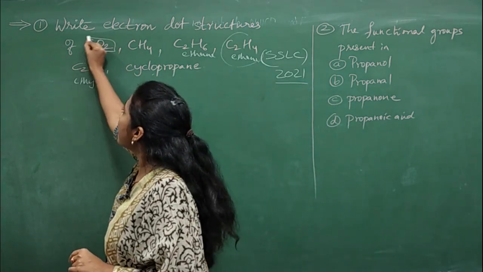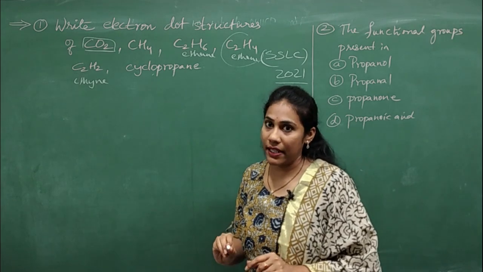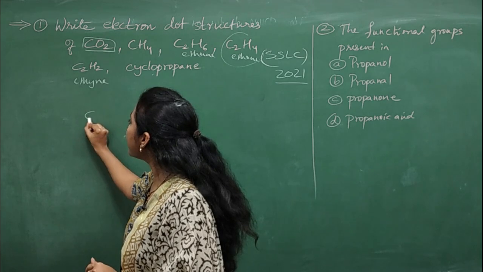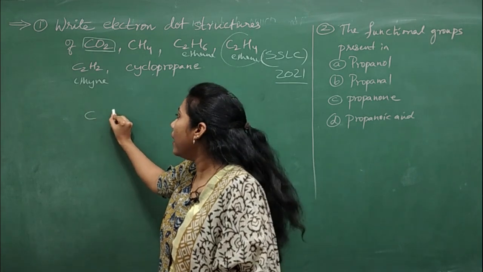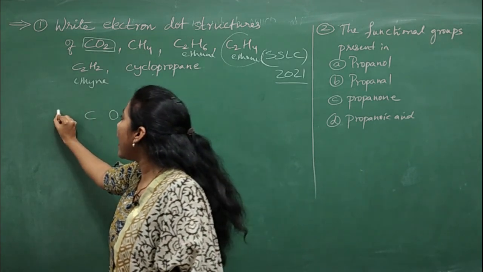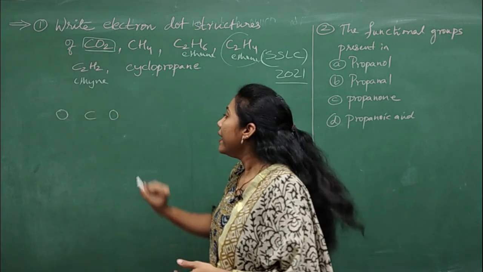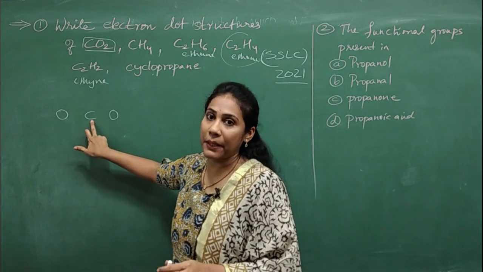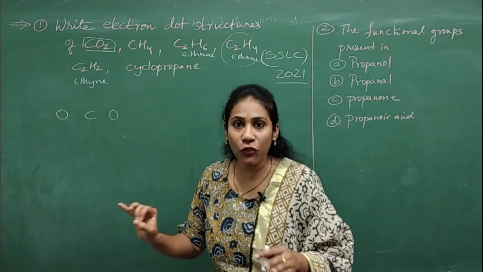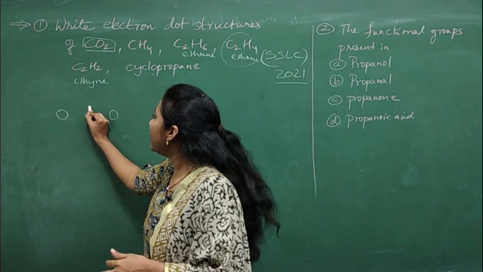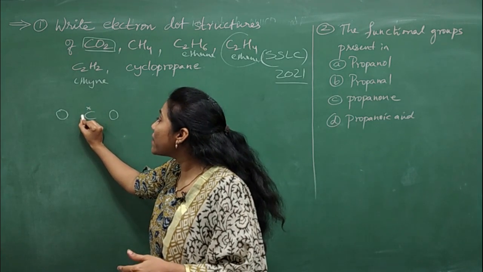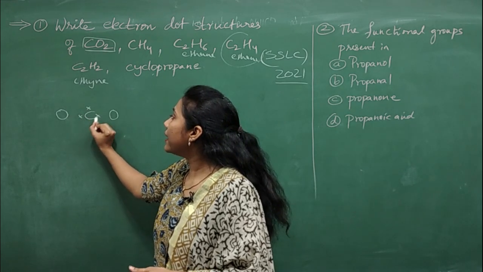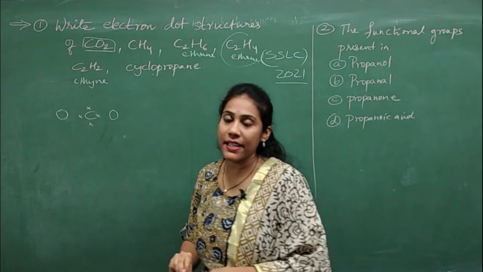First, I will take a simple compound, carbon dioxide. So how do you write the electron dot structure for carbon dioxide? See, show carbon at the center. One oxygen here, the other oxygen this side, right? And now write the valence electrons that are present on carbon. Carbon has 4 valence electrons. So I will write these 4 electrons as 4 crosses. This is 1 valence electron, 2nd valence electron, 3rd valence electron, and 4th valence electron.